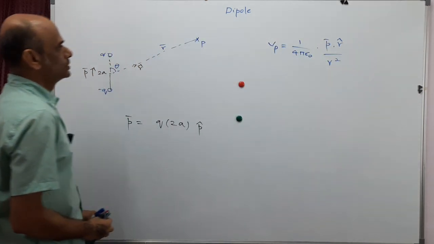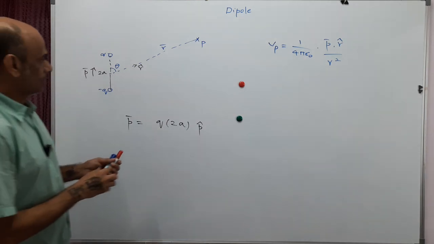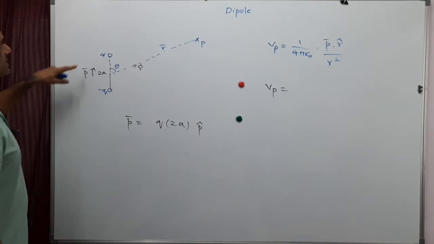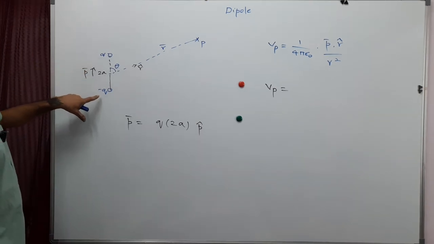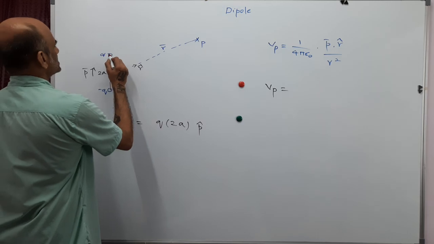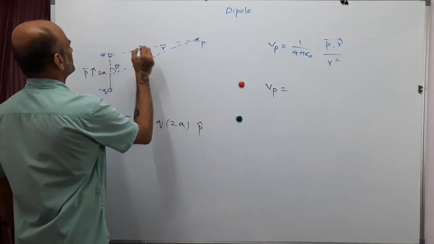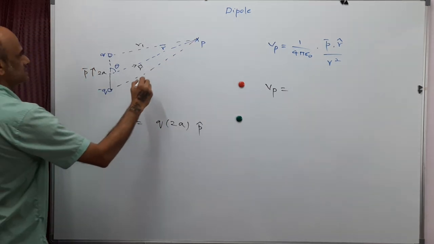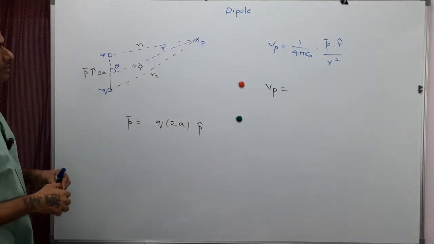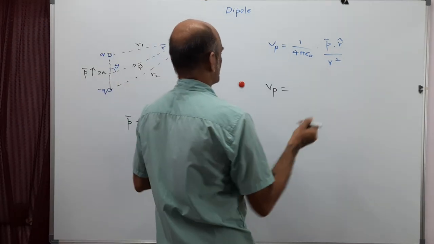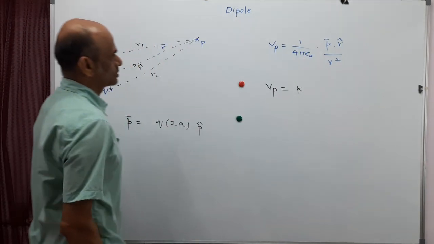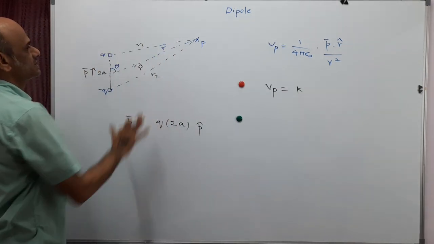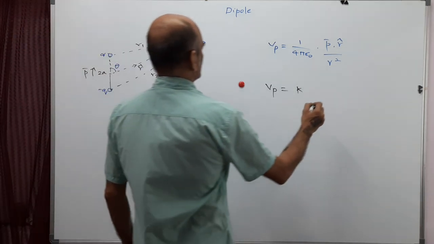This formula can be derived using superposition principle. Potential at this point P due to the dipole is potential due to this charge Q plus the potential due to the charge minus Q. So this distance will be R1, and let this distance of the point P from the negative charge be R2. So potential at this point P is K, which is 1 by 4 pi epsilon naught, which is a constant. Let me assume this thing is in air. So epsilon naught is permittivity of the medium, which is air here, into,